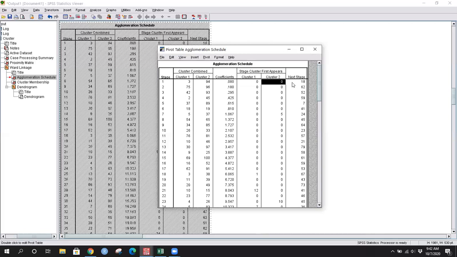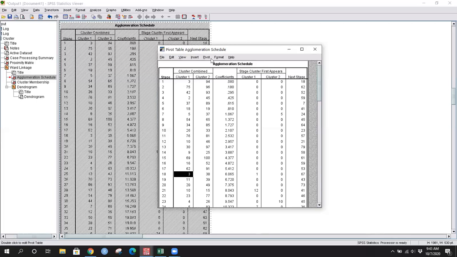And then this means the next stage in which either of these two people are going to appear. That is 18. So for example, you see stage 18 and you have 3 here. That means this third individual again becomes a part of some cluster on stage 18. So that was the row-wise interpretation. Okay, so I'm going to start now specifically.